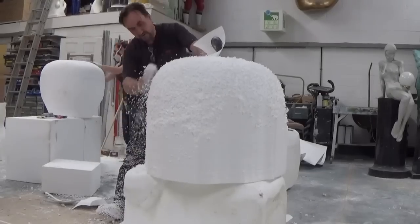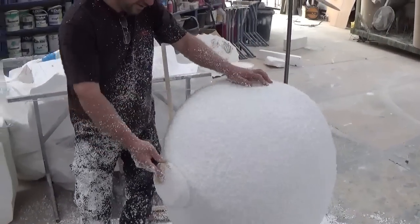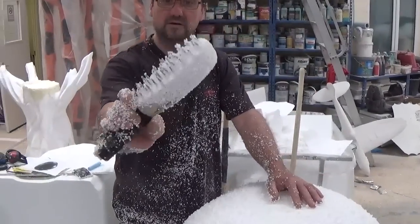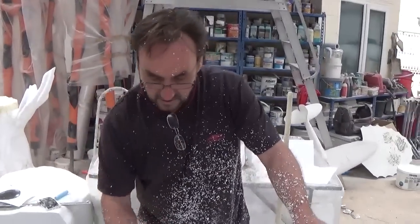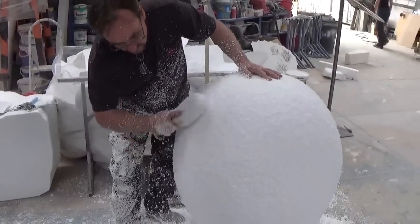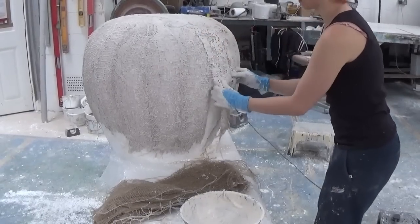We begin by blocking out from pieces of polystyrene, and we're using nail brushes to take off the bulk of the material. We then move down to wire brushes and finally sand the whole form down to lose that excess poly bead. For something like a blackcurrant, the shape and surface is pretty straightforward, but for items like the strawberry and the lime where the fruits have more of a textured skin, this is going to be modelled up in